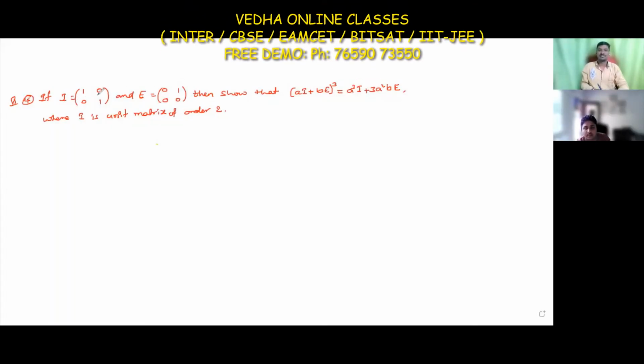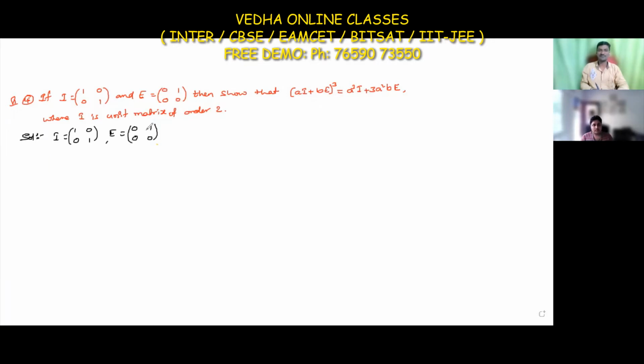If I is equal to [[1,0],[0,1]] and E is equal to [[0,1],[0,0]], then show that (aI + bE) whole cube is equal to a cube I plus 3a square b E, where I is a unit matrix of order 2. So what is given here? I is [[1,0],[0,1]]. This is a unit matrix, and E is equal to